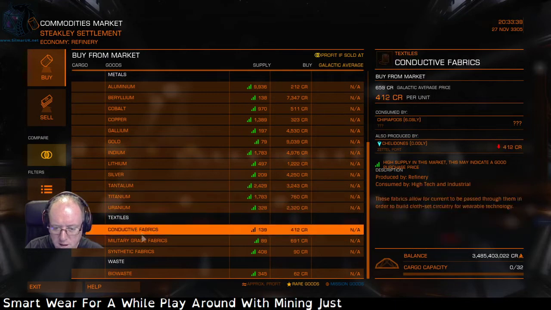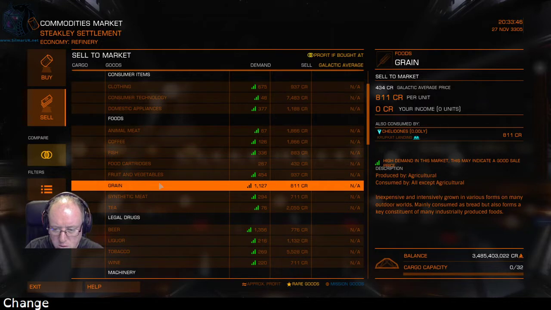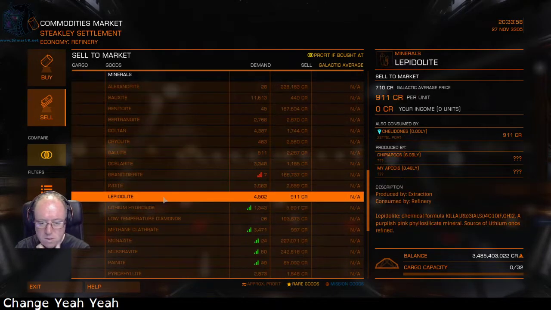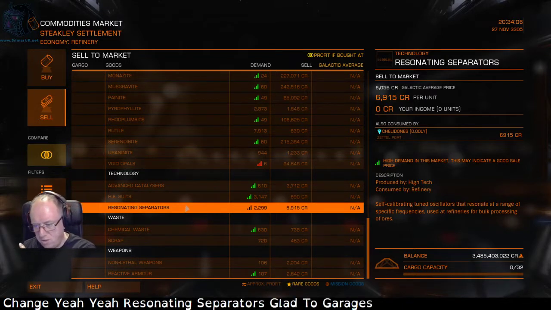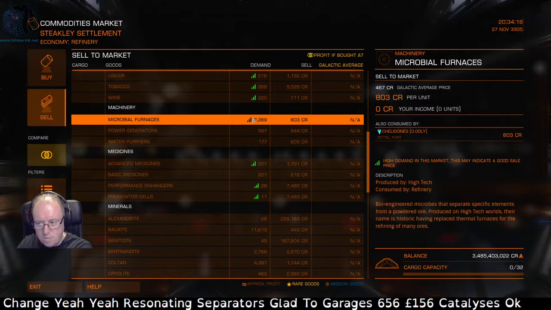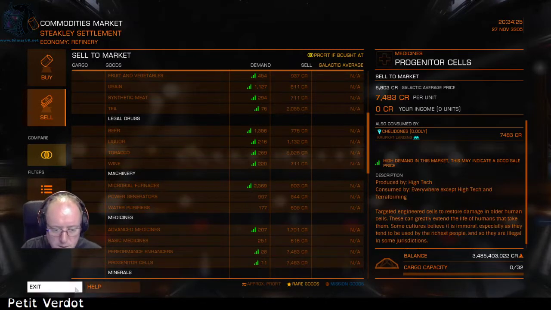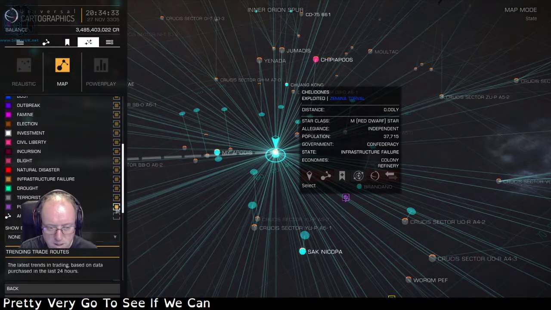Play around with mining just to find out how well the prices change. Yeah. Resonating separators, galactic average is 6056, advanced catalyzers. Okay. Pretty. But there we go. Right. Let's just see if we can maybe...